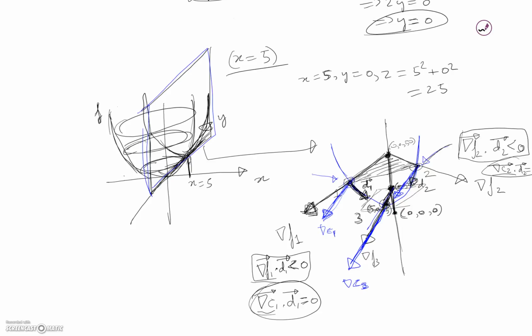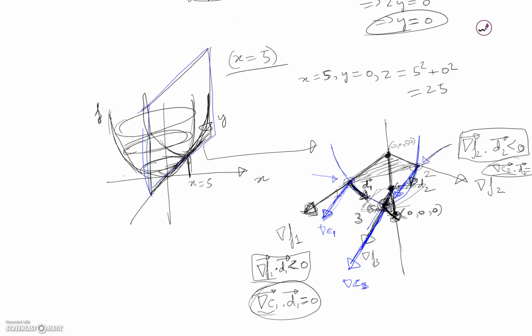So we can keep doing that until we get to this point 3. And at point 3, something special happens. Now del f and del c align. And what that means is that, technically it's possible to decrease f further. f is 25 here, but at the origin, all the way down there, it's actually 0. So it's possible to go from this point where it's 25 to the origin where it's 0, hence decreasing it further. But if you go towards the origin,